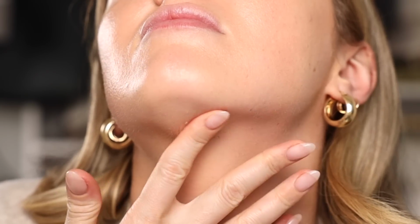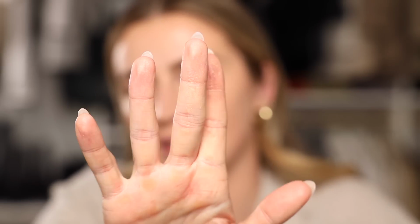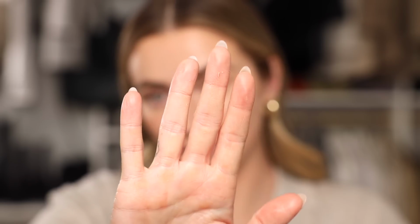Okay, I don't know how I can show you this. Can you see this? Can you see this? Even though I used a Beauty Blender, and even though I'm using the full, oh my god, my neck too. We are getting some major product buildup and pilling here,